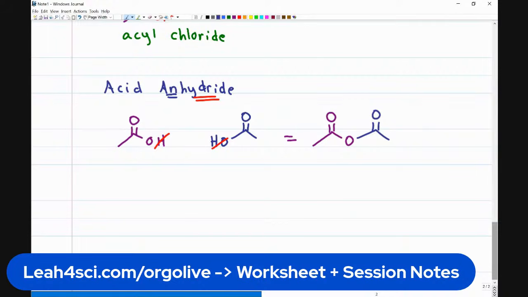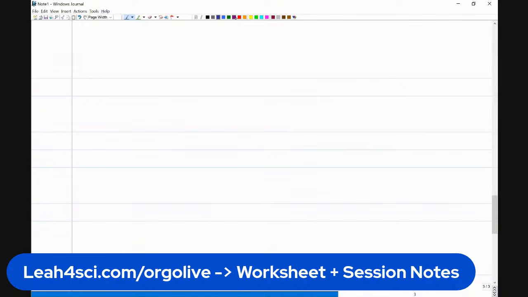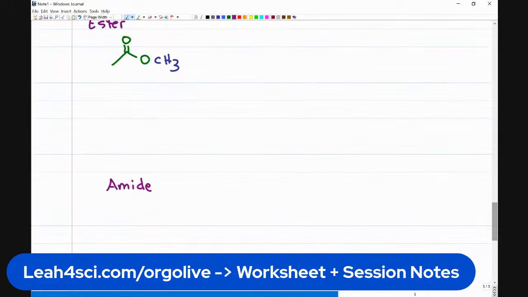The next one that we're going to look at is an ester. An ester is a functional group that you've probably already seen quite a few times. It starts out as the others, looking like a carboxylic acid, but it still has the oxygen, which, well, the anhydride technically also had an oxygen. The difference here is the piece we're adding is a CH3, or in this case would be an R group, for example, a CH3. And the last one that you absolutely have to know is the amide,